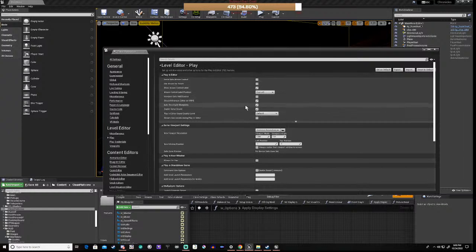Yep, it's in here. You'll notice how it says 1280 by 720. Right, so if I set that to 1920 by 1080,